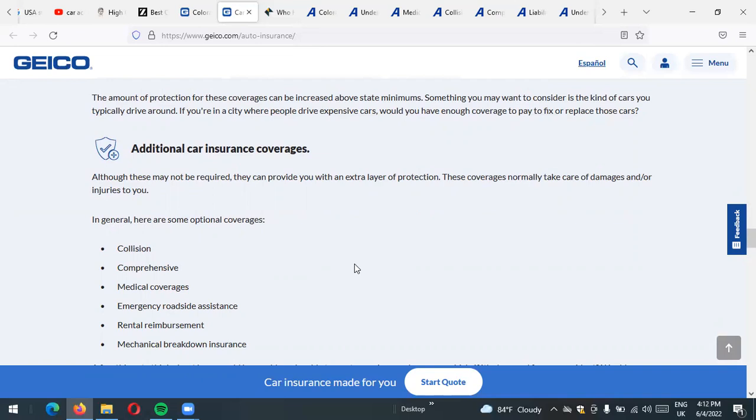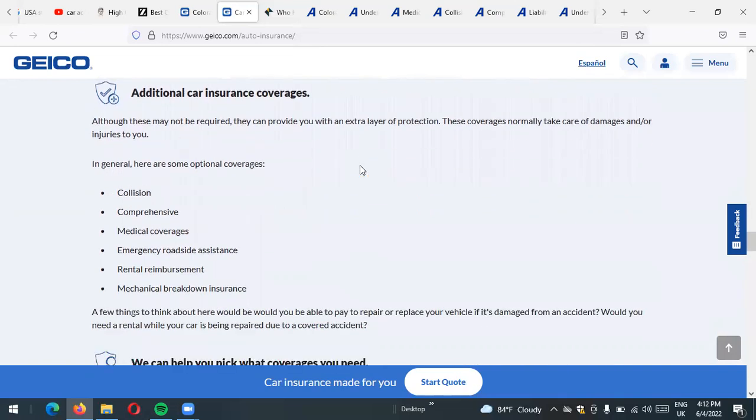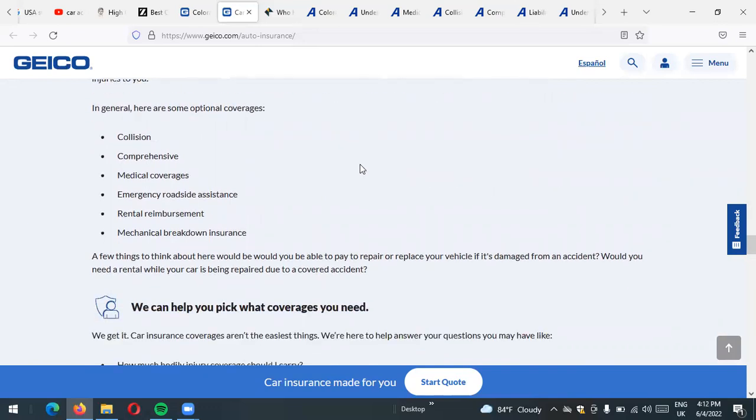Optional car insurance coverage. Although this may not be required, it can provide you with an extra layer of protection. These coverages normally take care of damage and injuries to you. In general, there are some optional coverages: collision, comprehensive, medical coverage, emergency roadside assistance, rental reimbursement, mechanical breakdown insurance. A few things to think about here would